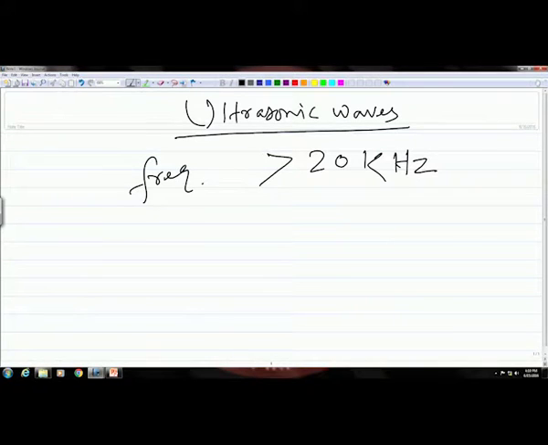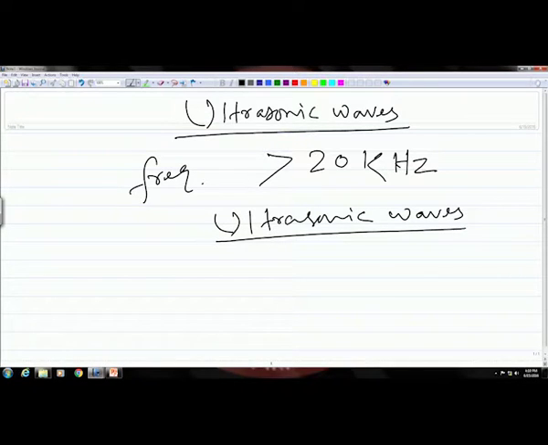When you go to a frequency beyond 20 kilohertz, then the sound waves are in the ultrasonic range. So, this is what ultrasonic waves are, and if you see their nature and properties,